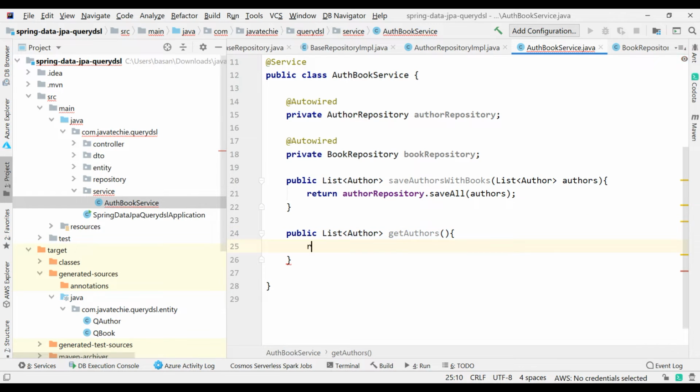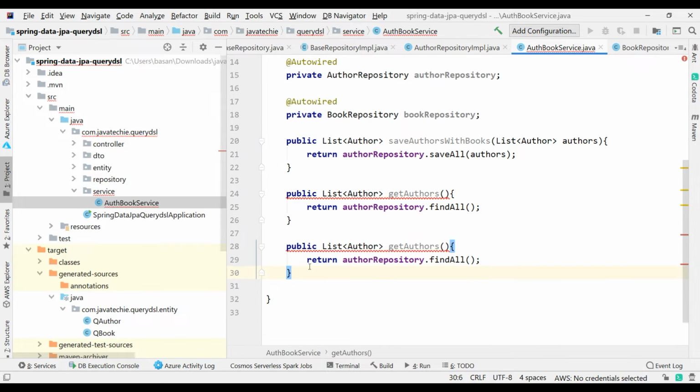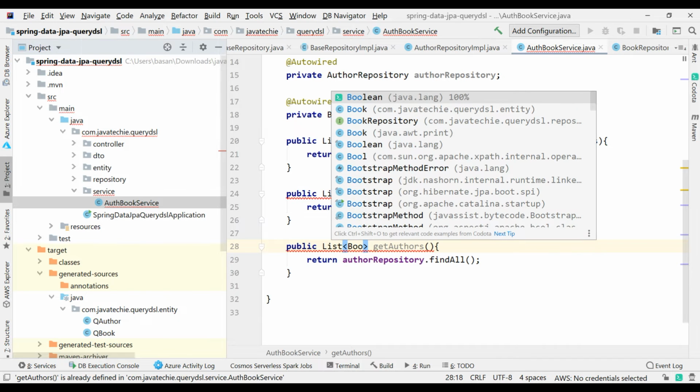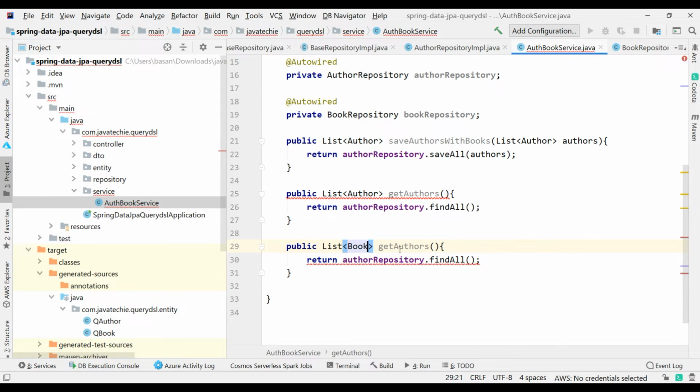I can directly use return authorRepo.findAll. Similarly, I will write another method to fetch all the books from the book repository. I will directly use get books, bookRepo.findAll.